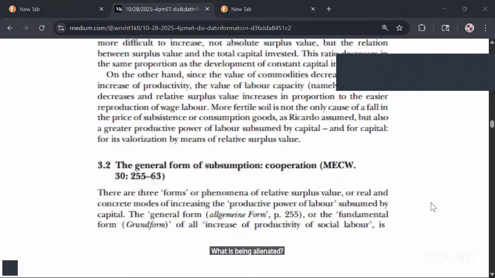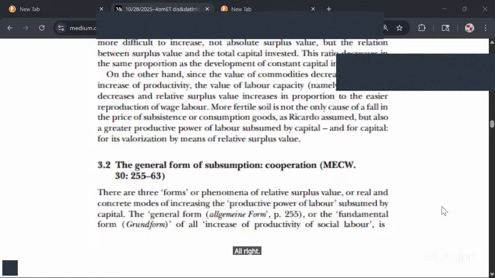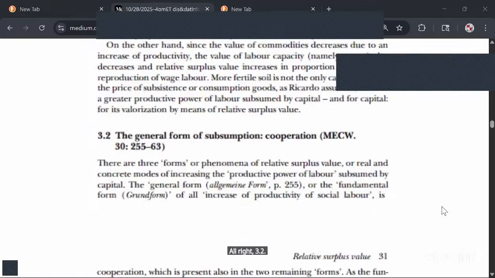You know, the machines don't change. The only variable in this particular type of equation is how much work is being sped up, or a variety of productivity measures are at work. All right, 3.2. The general form of subsumption